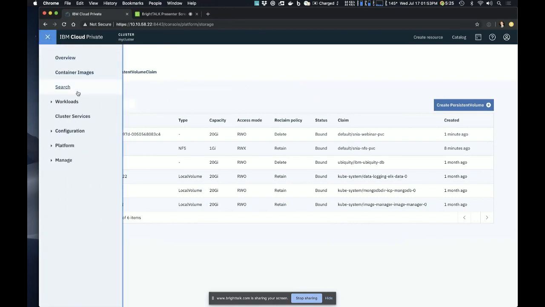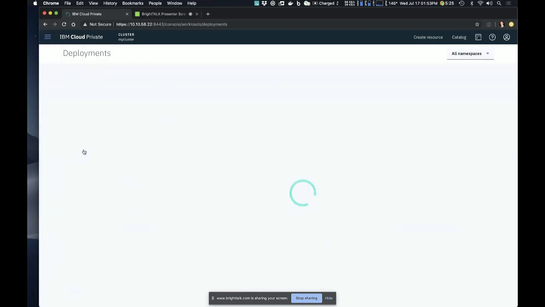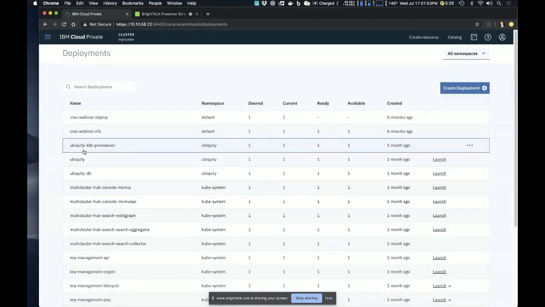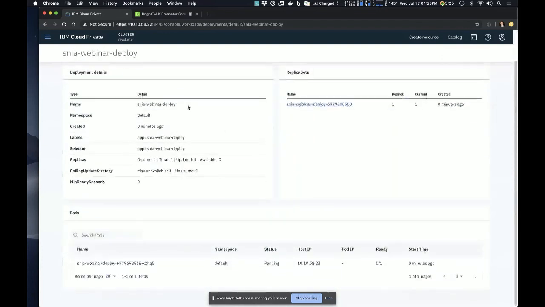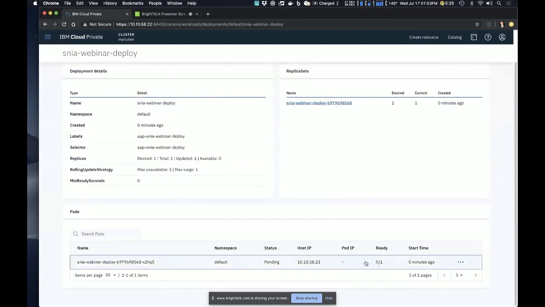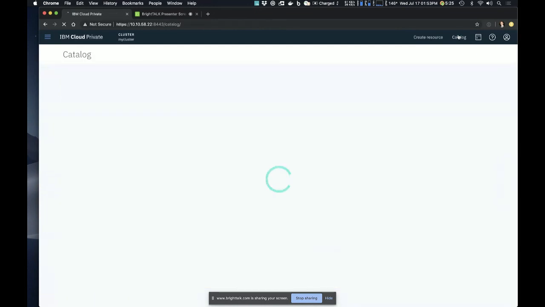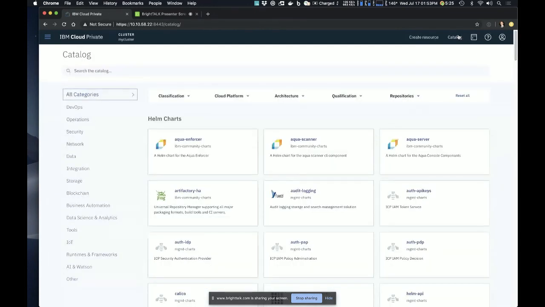So again, I can come over to my workloads. This will take a little bit longer because it does have to do the mapping and everything. So here's my deployment for a container, and it's working on spinning up here. So I'm going to let that go here because some of the other things I do take a while. So I'm going to probably go through 3 use cases here. So that was me using YAML files to create storage or make use of storage, and then create a deployment to have that container make use of this here.